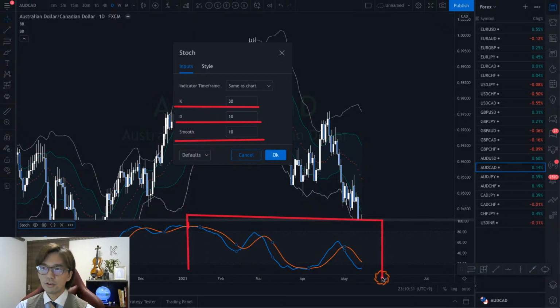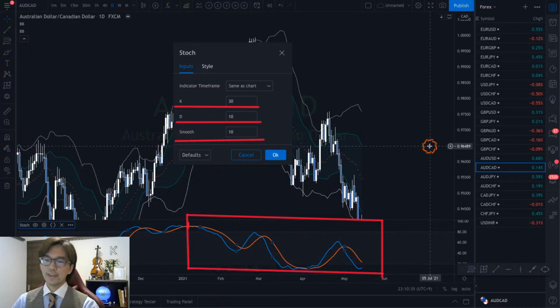So stochastic is actually my favorite indicator too, and that's why I'm using stochastics until today. Because in stochastics, I started to use it from also the beginning of my career, and back in 2013 or